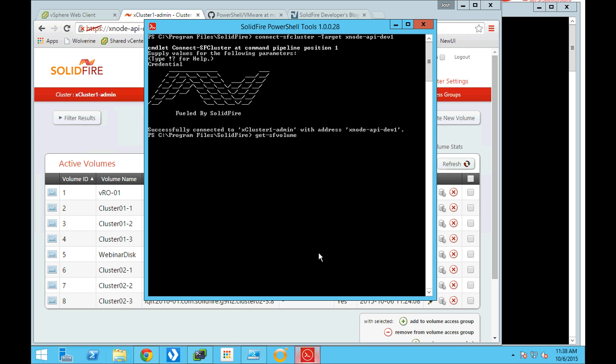So for instance, the New-TagFromSolidFireWorkload function. Let's open that one up real quick so you can see what is involved, to give you an idea of how this would work. What we do is we provide the volume. We tell it what type of category we would want the tag to be associated with and what attribute we would want. Now, I've already predefined what, from a SolidFire perspective, I would want my category to